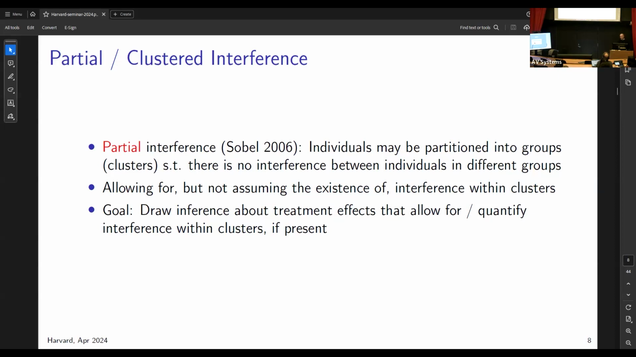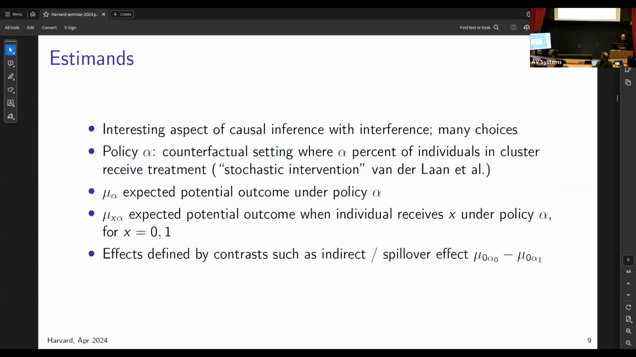So these types of methods would be appropriate if you had, for example, students in schools or people that were in villages or some clear way to put individuals into clusters. One of the things that makes the interference problem interesting is there are a lot of different ways to define causal estimates. Catherine and I have been talking this morning about different ways she's thinking about finding causal estimates in the presence of interference. I'm going to sort of just paint with a really broad brush at a high level